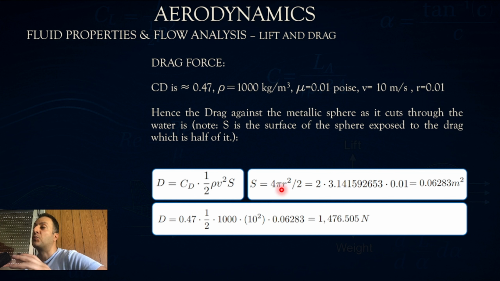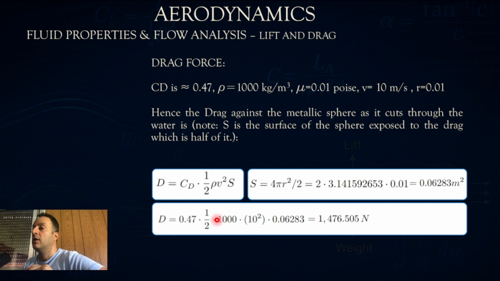Because 4 pi r squared is the surface area of a sphere from the outside, divided by 2, given that we have half of the sphere being exposed to the flow. So, which gives us 0.06283 meters squared. So the drag is equal to drag coefficient times Q, the dynamic pressure, times S, equals 0.47